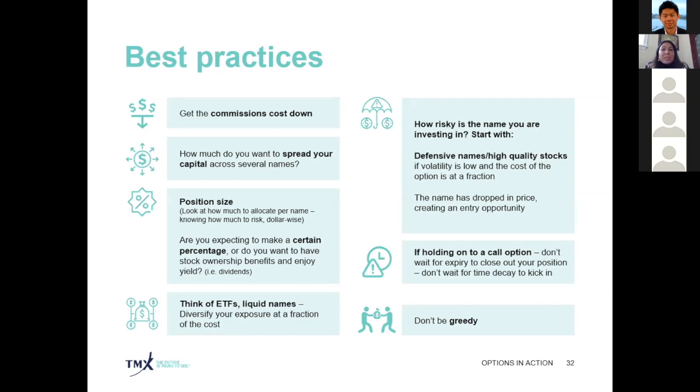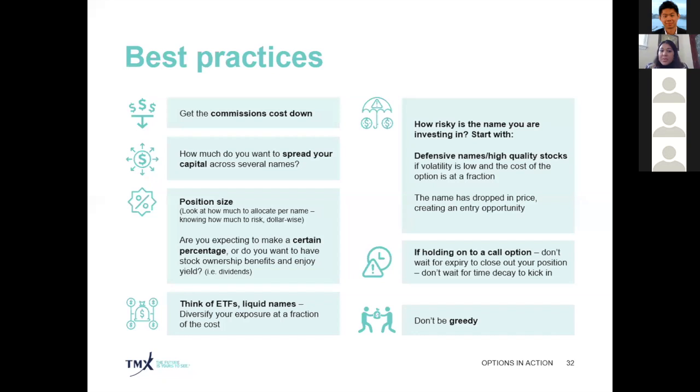Also, are you expecting to make a certain percentage, or do you really want to have stock ownership benefits? Also, you want to see how risky the name is that you're investing in. For example, maybe you want to start with defensive names or high quality stocks. And if volatility is low and the cost of the option is a fraction, then it makes sense. Now, if the name has dropped in price, it creates an entry opportunity. What that means is,